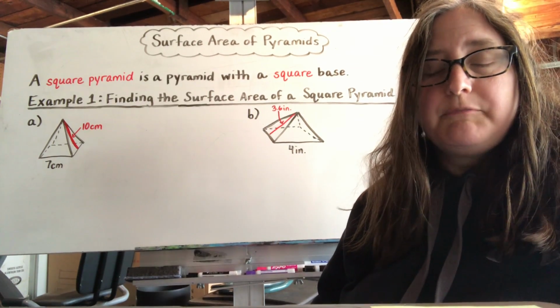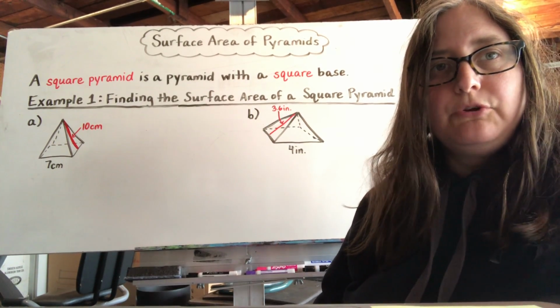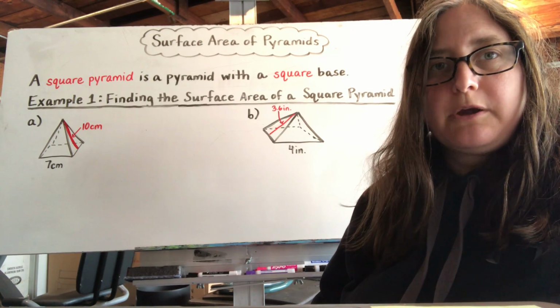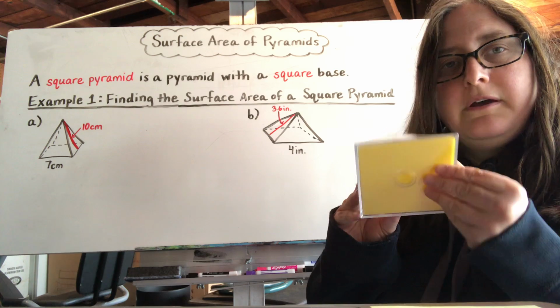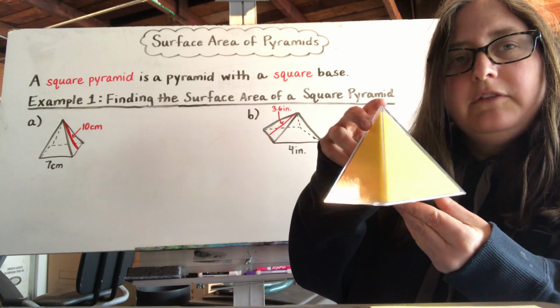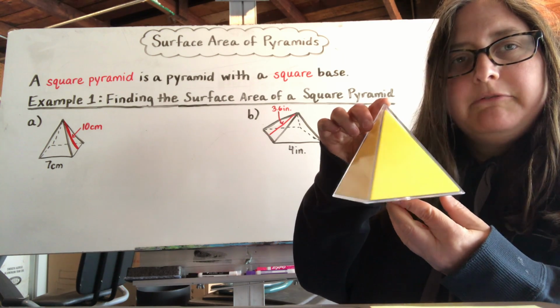This is the surface area of pyramids. Today we're going to be looking at two pyramids. The first is a square pyramid, which is a pyramid with a square base. It looks like this. It has a square base, and all of the sides leading up to that top vertex